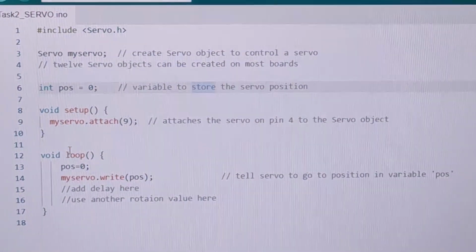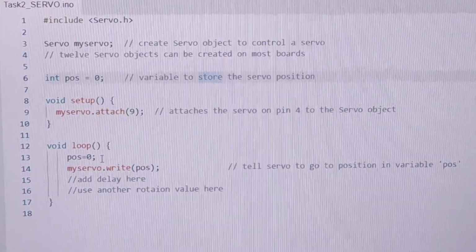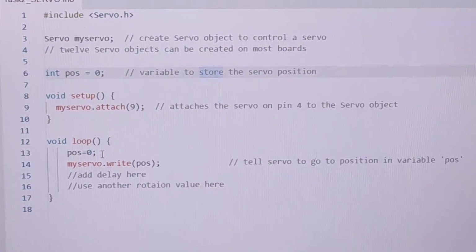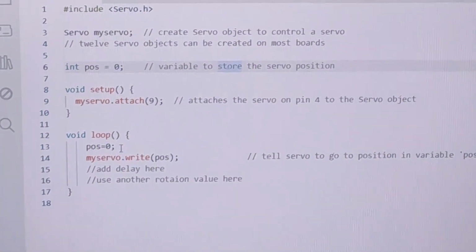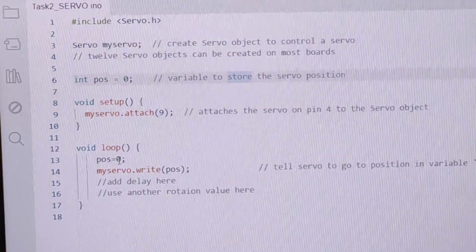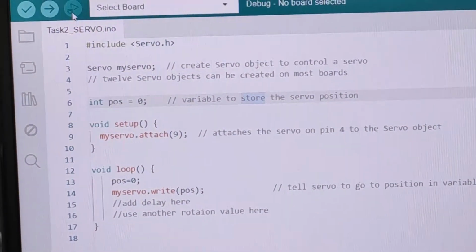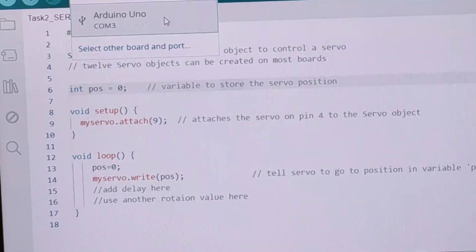Here in line number 13, it says position 0. We can enter the position there and it will go and stop in that respective position. Let it be 0 to start off with. So I compile the program. The board has not been set.